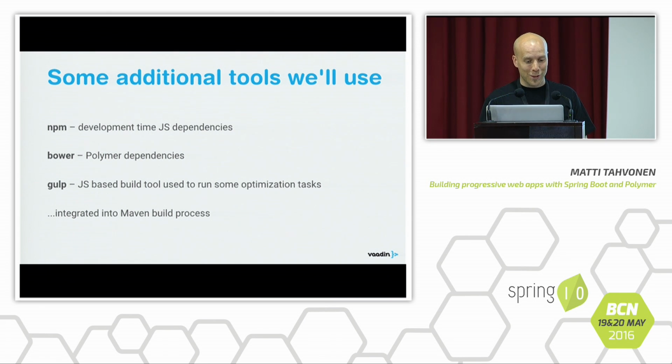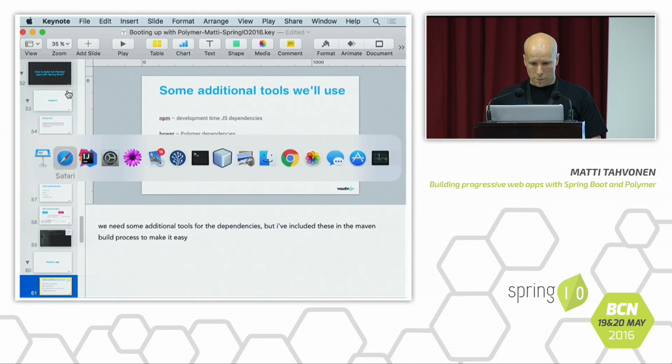So there are 3 different tools that you actually need with Polymer-based applications. Hopefully in the future, you actually don't need Bower anymore. It might be that in next versions of NPM, they can migrate these two into one. But currently, you practically need NPM for development time JavaScript dependencies, then you need Bower, and then you need gulp, because without gulp, web component applications will be slow. And Markus has integrated all these tools into a Maven build. So if I escape from my presentation and